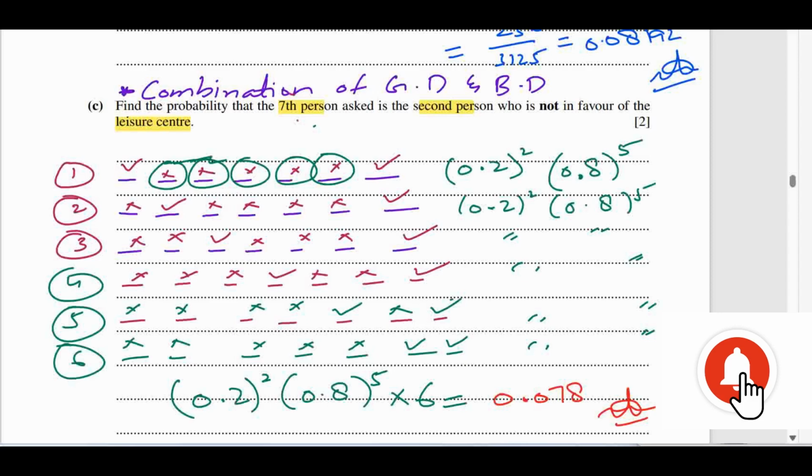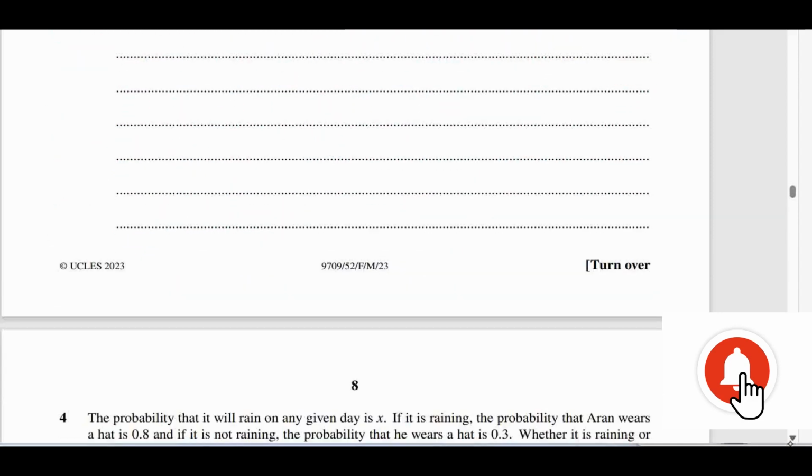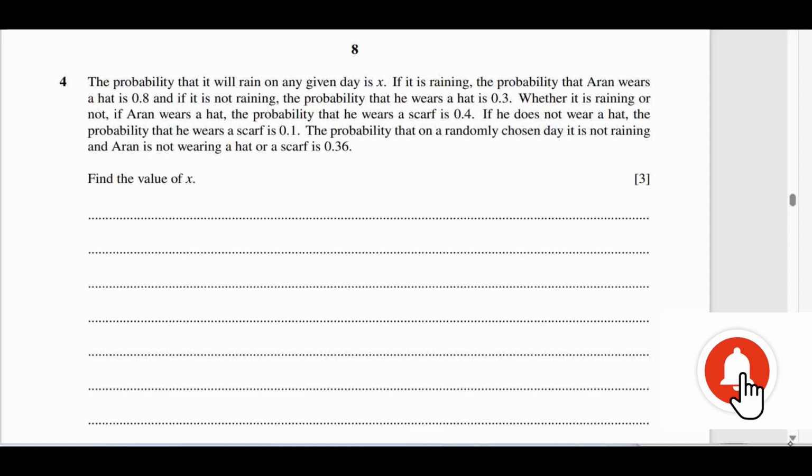Let's move on to the next question. Question number 4. The probability that it will rain on the given day, let's highlight the important points. The probability that it rains on a given day is x. If it is raining, the probability that Aaron wears the hat is 0.8, and if it is not raining,